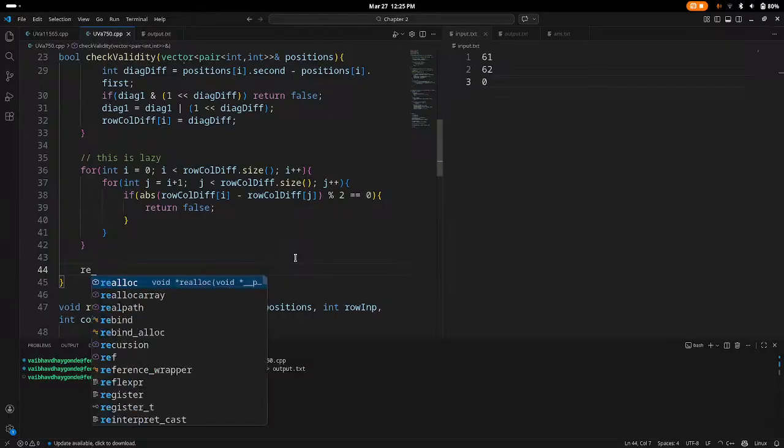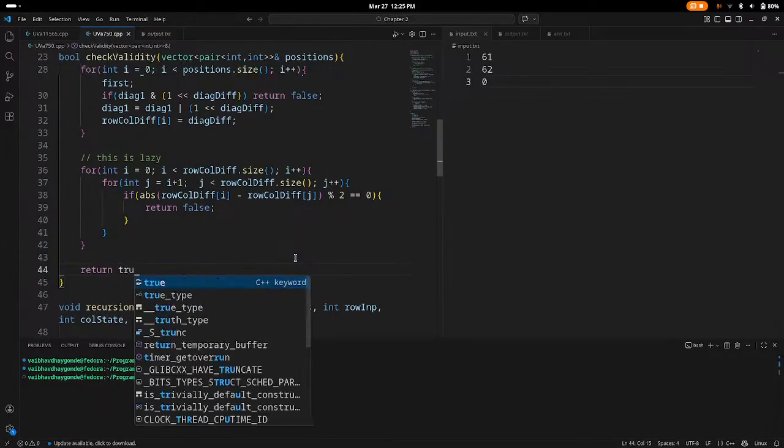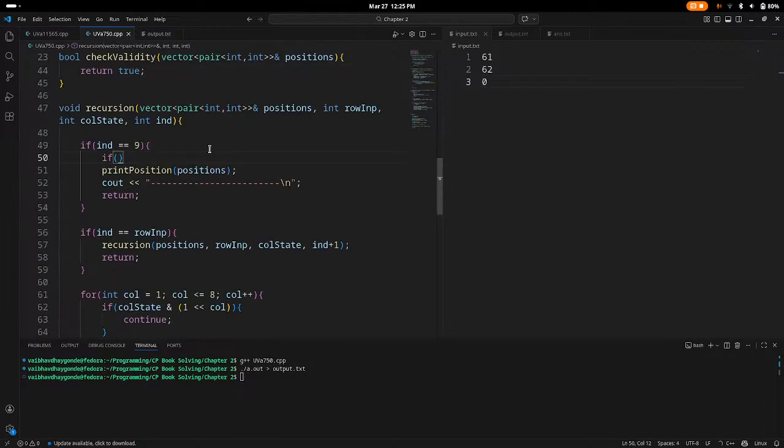If none of these happen, then we will return true. And now we'll just add one more twist. If check validity positions